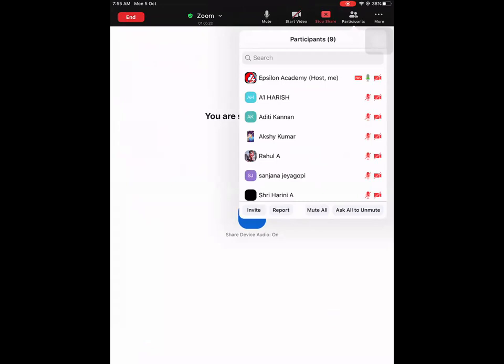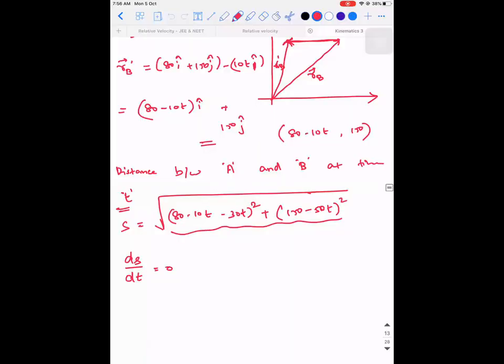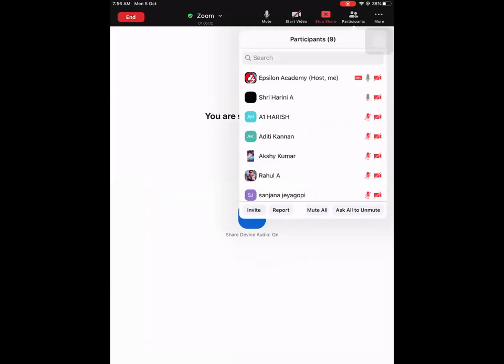See, if I know the problem area only, I can resolve it. Others, are you comfortable? I'm not getting responses with respect to position vectors and all. I'm not sure if you guys are able to visualize it. Let me know in the chat box, those who are not able to speak. Here it's little bit clear, sir. I'm sorry, I didn't get you. Little bit what? It's little bit clear.